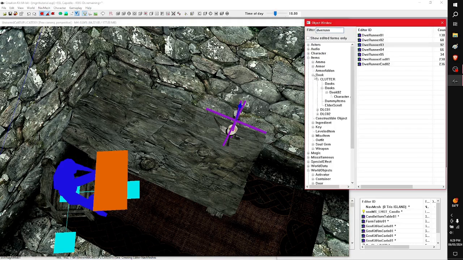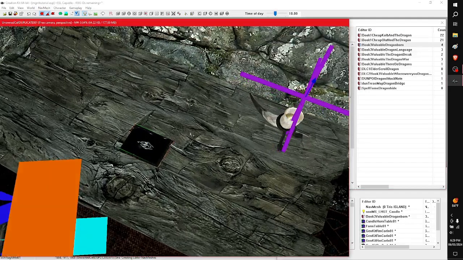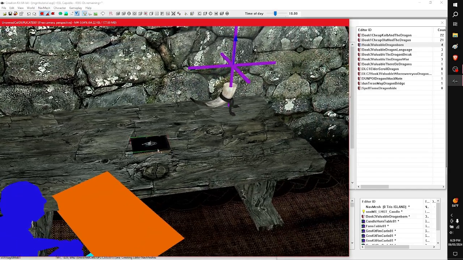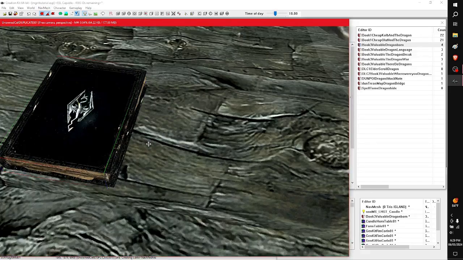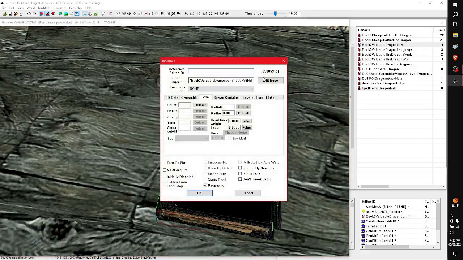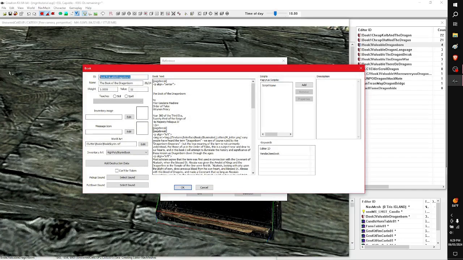Items. Book. The main one is fine. I think it's like the Dragonborn. Book 3, valuable Dragonborn. That is the iconic Skyrim logo book. Put that on the table. Beautiful. Or is it? No, it's not. It's gross. It's got text in it. No one wants to read. Are you serious? No, what we're gonna do